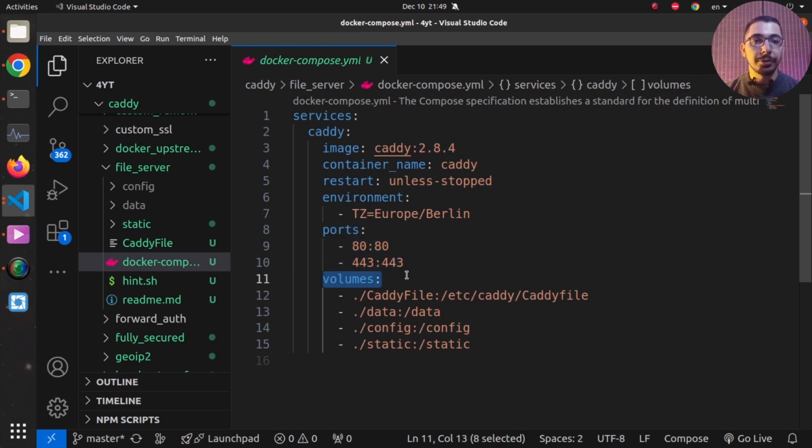In the volume section right over here, I'm mapping the Caddyfile to this exact path inside the container, so Caddy will use this exact file to initially configure itself. And right over here, I've got the .data and .config directories that will be placed right next to my Docker Compose file, mapped to /data and /config inside the container. Also, Caddy will use these two directories to store its data and any configuration that it creates. And lastly, I've got the .static directory mapped to /static inside the container,